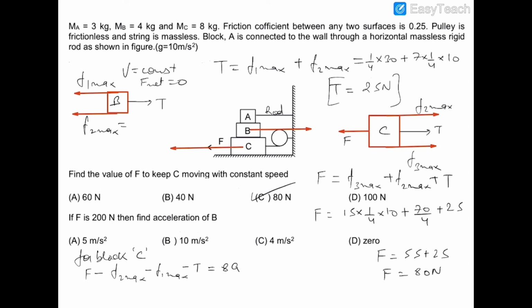Now for block B, I am writing the equation: T minus F1 max minus F2 max, and that would be equal to mA. m will be 4 and a will be a. So this is equation number 1, and this is equation number 2. Now if